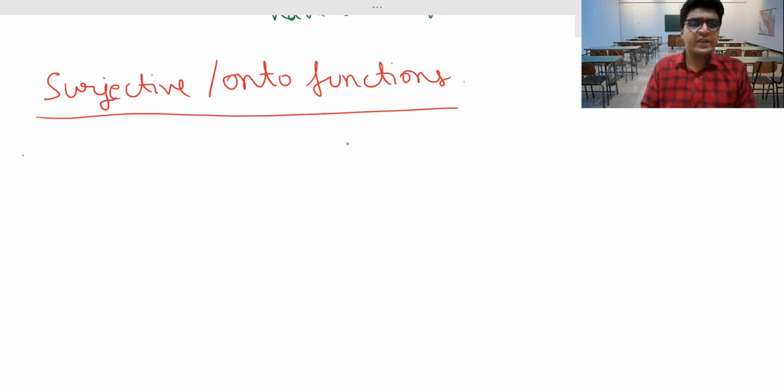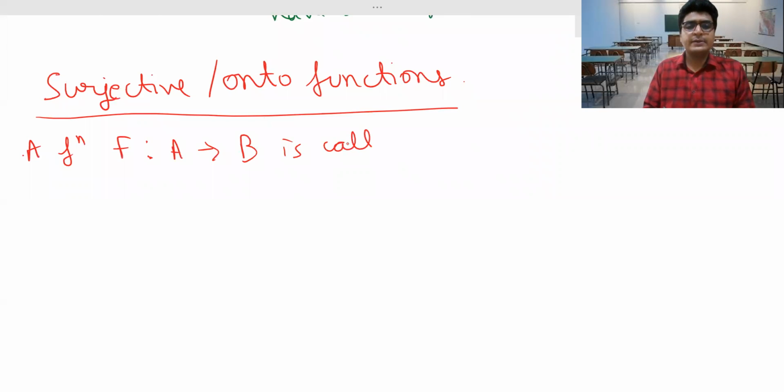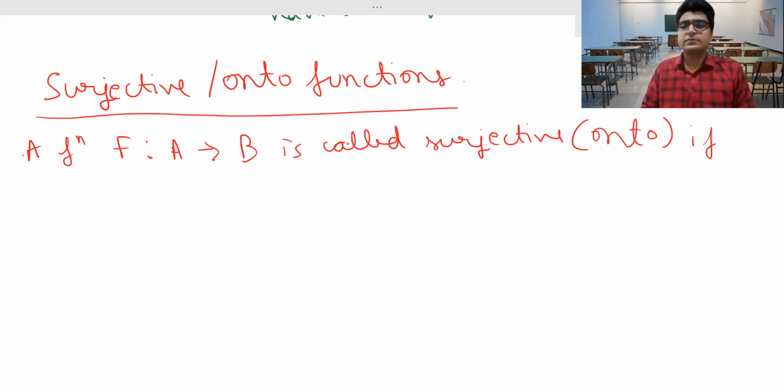So again, obviously an onto function is a function first, right? So a function f whose domain is A and codomain is B is called surjective. It is called surjective, or it is called onto, if